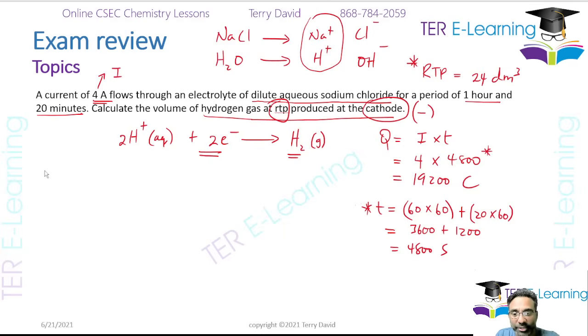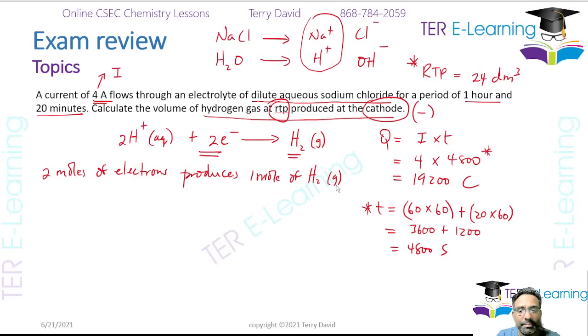Now, according to the equation, we can say 2 moles of electrons produces 1 mole of H2 gas, 1 mole of hydrogen gas. That's what's happening here. Now from here, we can't work in moles, right? We need to work in either Faradays or coulombs. So 2 moles, as I was saying, 2 Faradays produces,